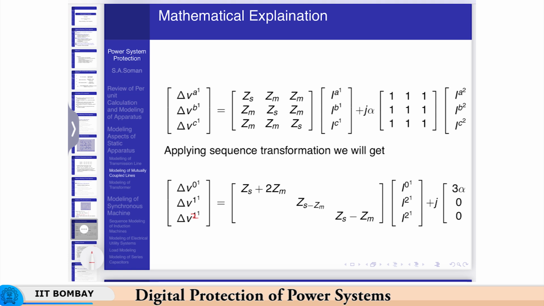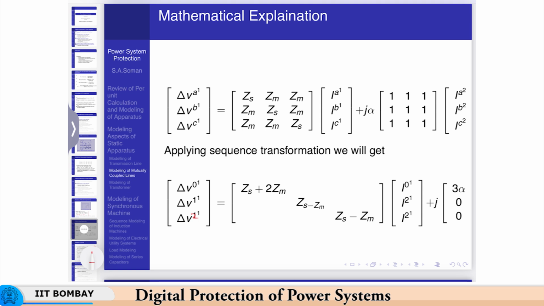This IA1, IB1, IC1 are the currents from circuit 1, and IA2, IB2, IC2 are the currents in circuit 2. And this is another assumption, that all the mutuals are equal to alpha or J alpha. Okay. So, if we apply the